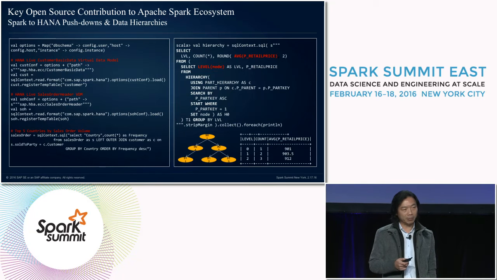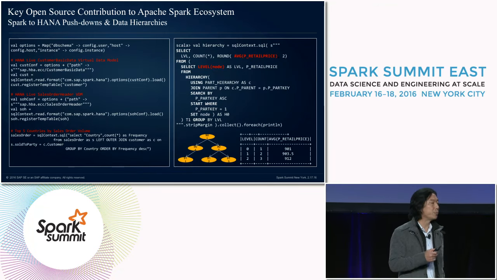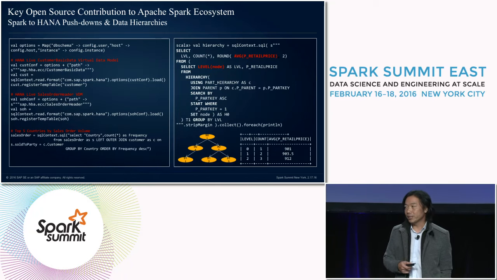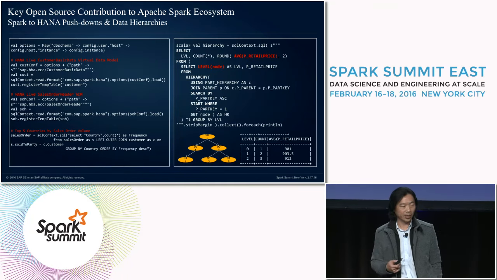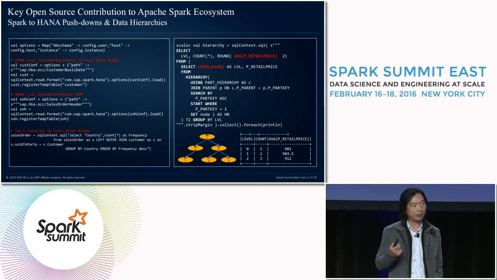In an ERP system that's already powered by HANA, there are very powerful virtual data models already created that pre-compute a lot of different solution sets. As a data scientist who is interested in accessing the information directly out of the ERP, they can actually connect through Spark R, Spark ML, and then have a seamless data pipeline directly to the ERP